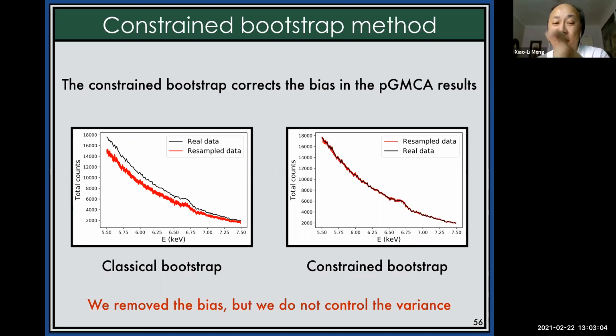But then, how much fake Monte Carlo error you add on will govern the uncertainties you will get, right? Because you can add more, add less. With my constraint bootstrap, there's no need for any model. It's working only with the one data set that you have, and it gives unbiased results, but the variance is not significant. So it's not perfect yet, but it may be interesting to explore.